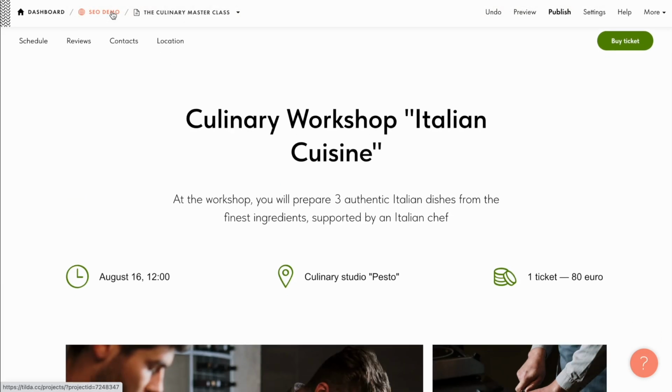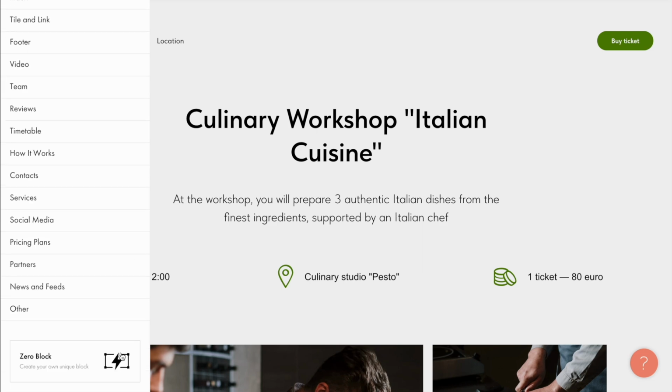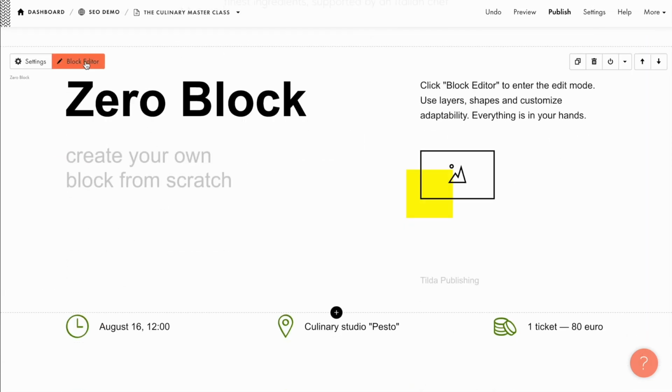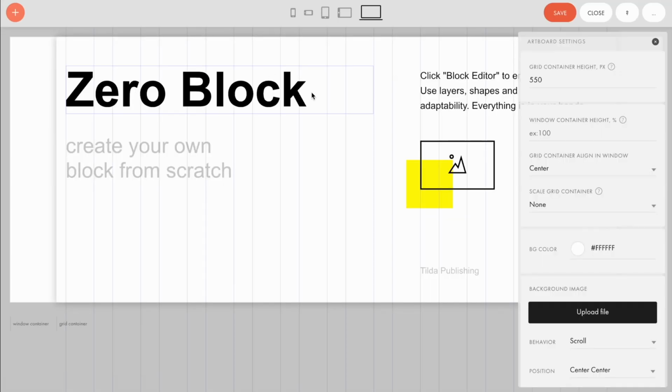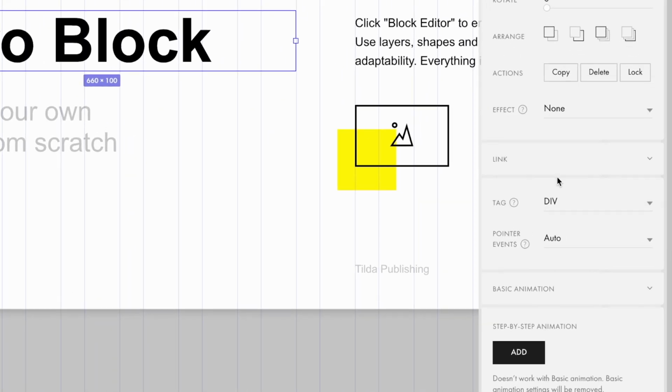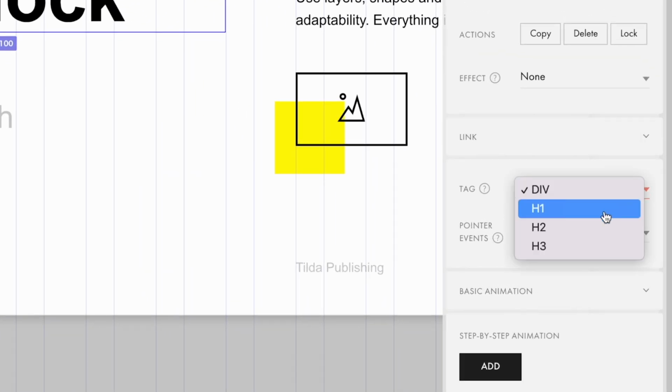When it comes to the zero block editor, you can add title tags to the headings in blocks you build there as well. Let me add one to my page. Then I click the Block Editor tab. If you select or create a text element here, you can choose H1, H2, or H3 values for it under